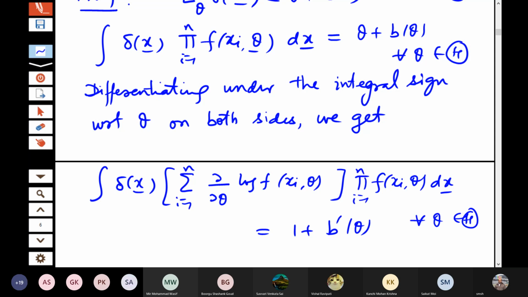Yes, sir. You can look at it in a different way also, because this is a product of n terms. So you take one of the terms. For example, if I consider f(x1, theta) and differentiate that, you will get del f by del theta of this x1 term. Now you divide it by the same term and multiply, so the product remains intact here, and you will get del by del theta log of f(xi, theta).